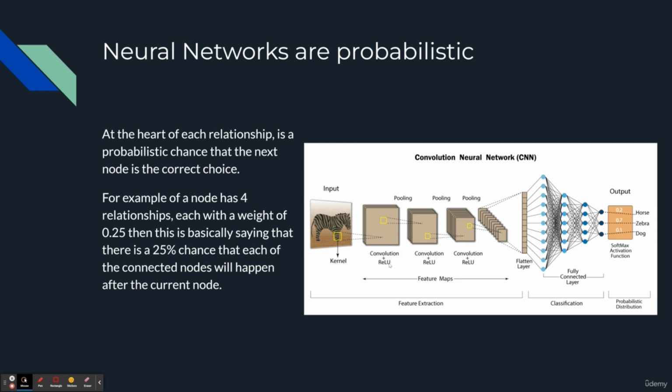And something important to understand here is that neural networks are inherently probabilistic. So at the heart of each relationship between nodes, there is a probabilistic chance that the next node is the correct choice. So for example, if a node has 4 relationships, each with a weight of 0.25, that is basically saying there's a 25% chance that each of the connected nodes will happen after the current node. And it's important to think about it as if data is going from left to right, from input to output, and going through a series of transformations